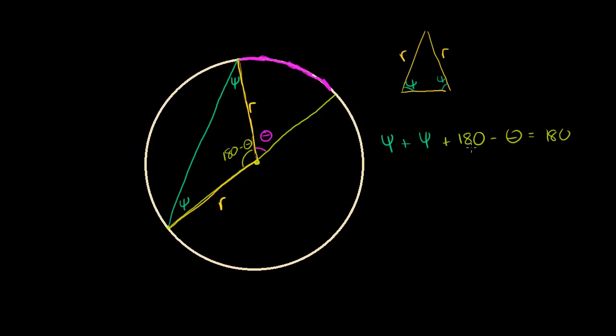Now, we could subtract 180 from both sides. Psi plus psi is 2 psi minus theta is equal to 0. Add theta to both sides. You get 2 psi is equal to theta. Multiply both sides by 1/2, or divide both sides by 2. You get psi is equal to 1/2 of theta. So we just proved what we set out to prove for the special case